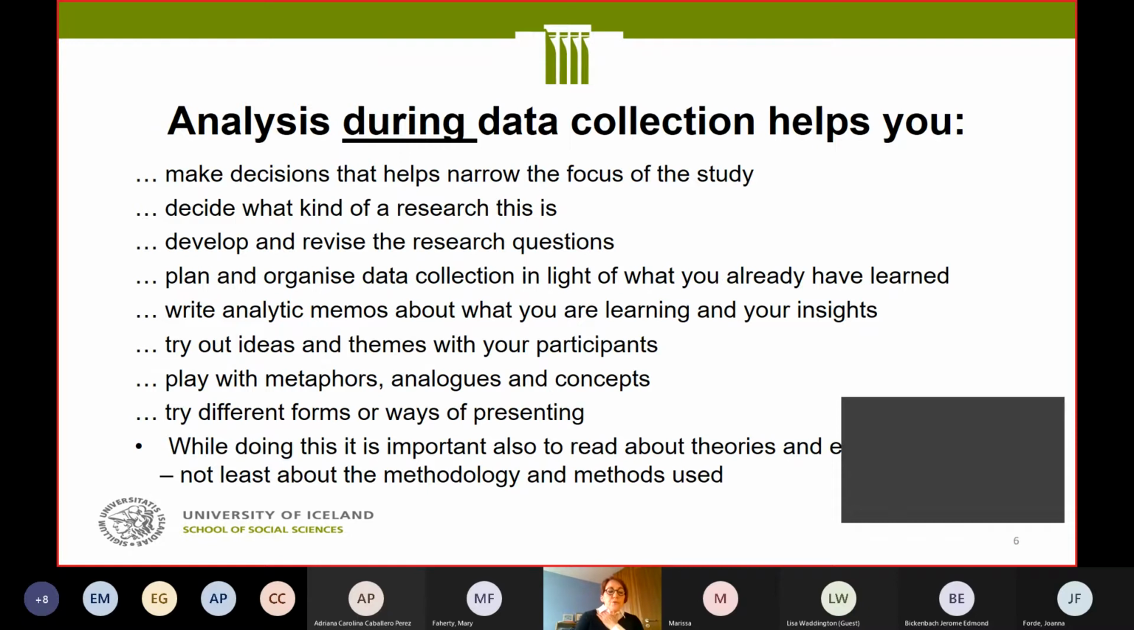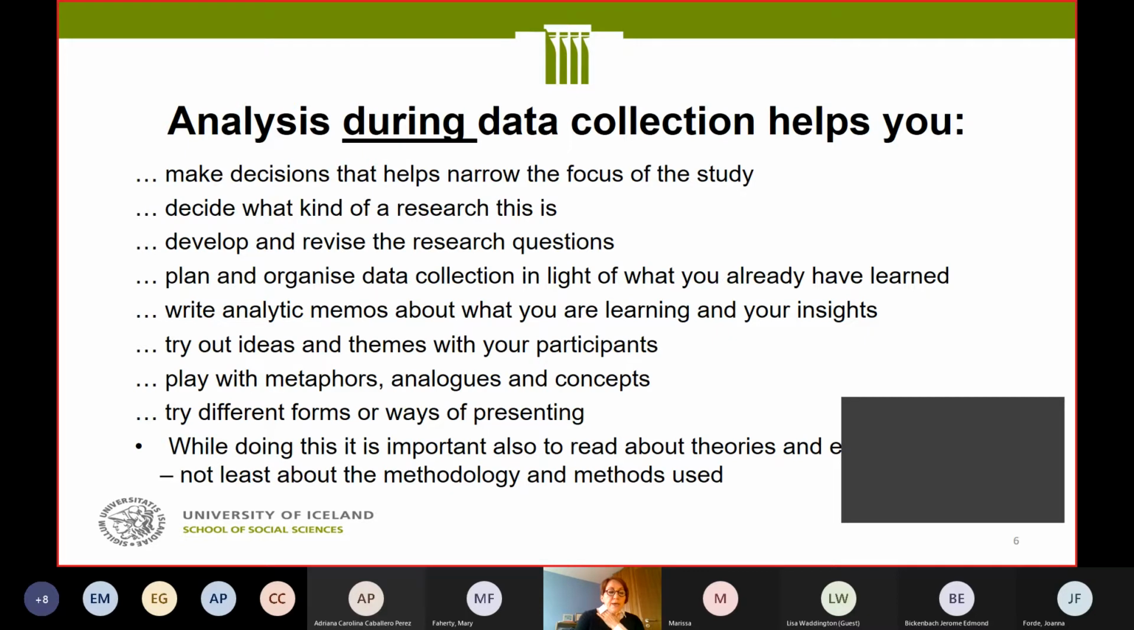And then you plan and organize and select participants in the light of what you have already learned and who is important to interview next, or what kind of documents you should obtain to gain insight into how things have developed, or what are the latest policies, or whatever you are doing. So doing analysis during data collection is really helpful for you to be focused and systematic in your data collection. Saves a lot of money,